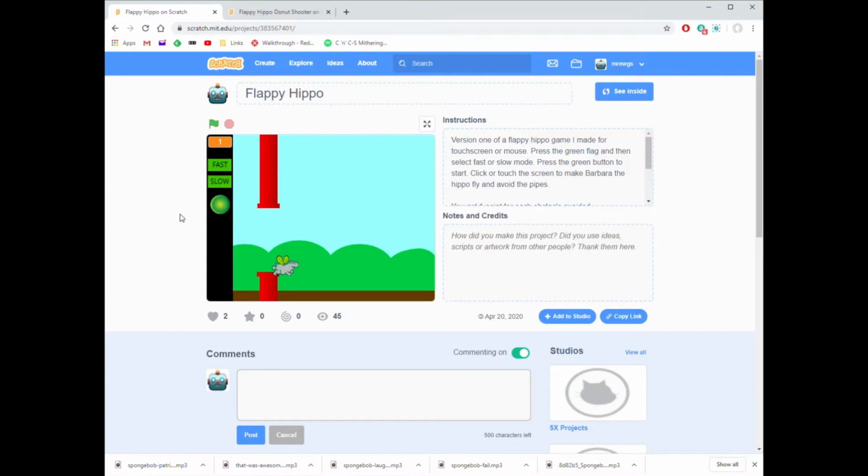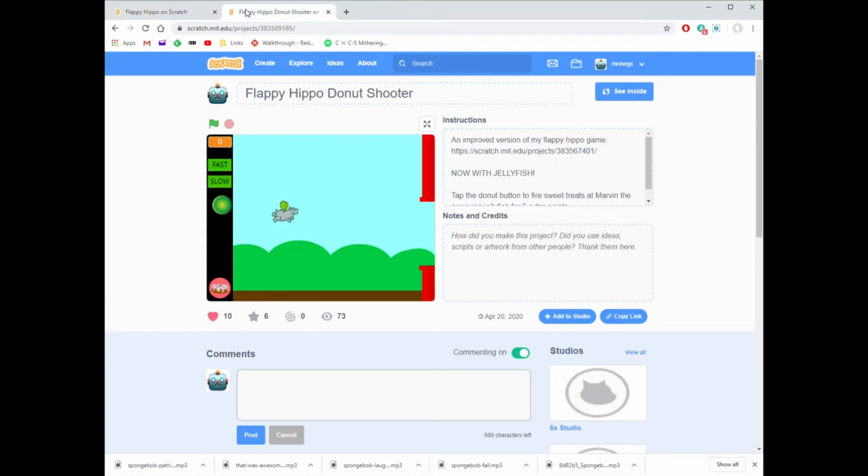So if you've already made a Flappy game, what I'm going to show you in this video is how to extend it to make it both a Flappy game and a shooter game. So almost like a combination of the Space Invaders game that there is an instruction for and the original Flappy Hippo game. So you will now notice that there is a donut button as well as the start button,